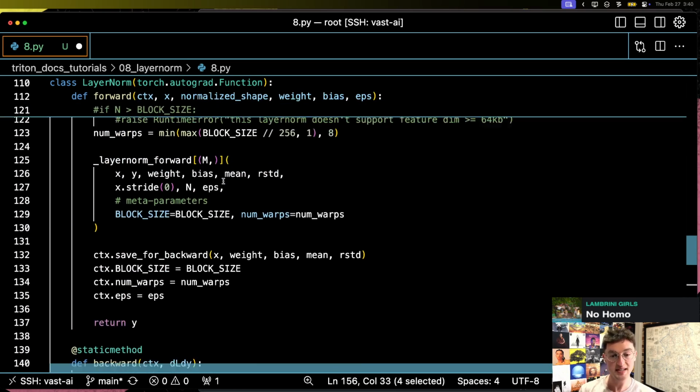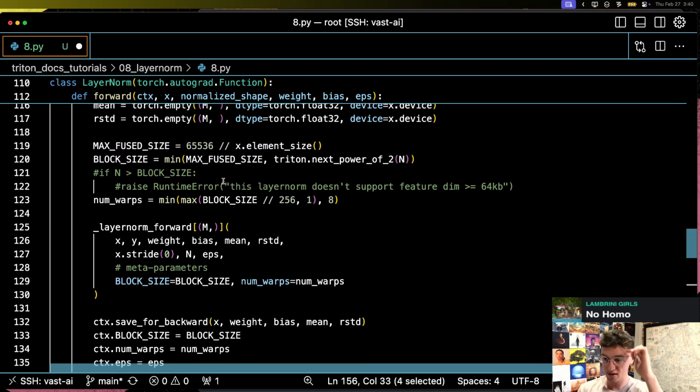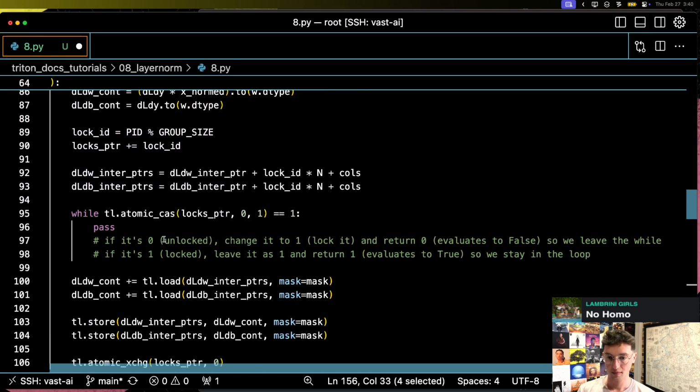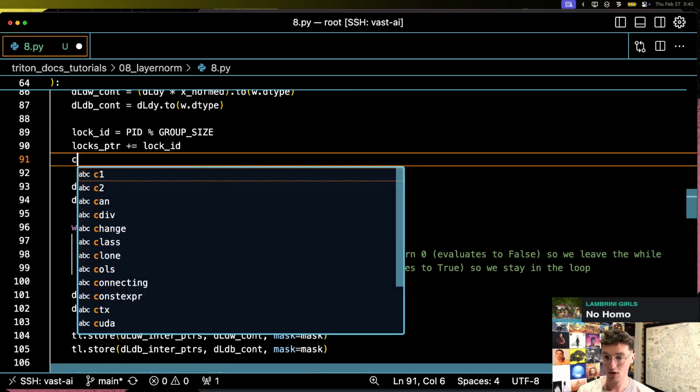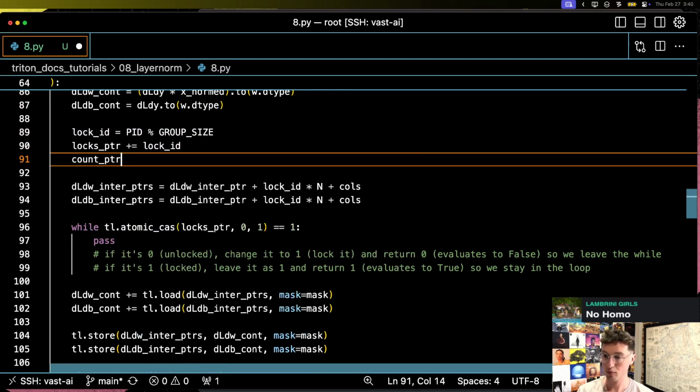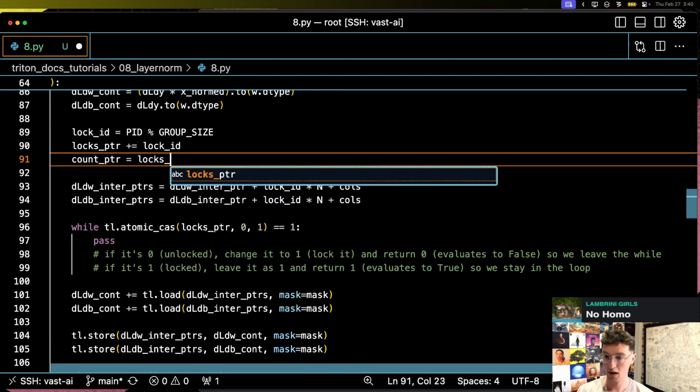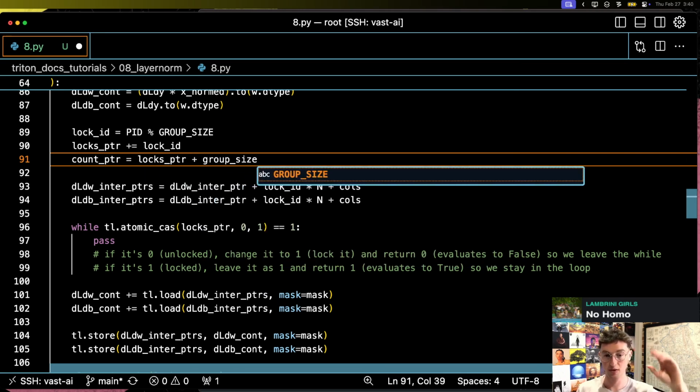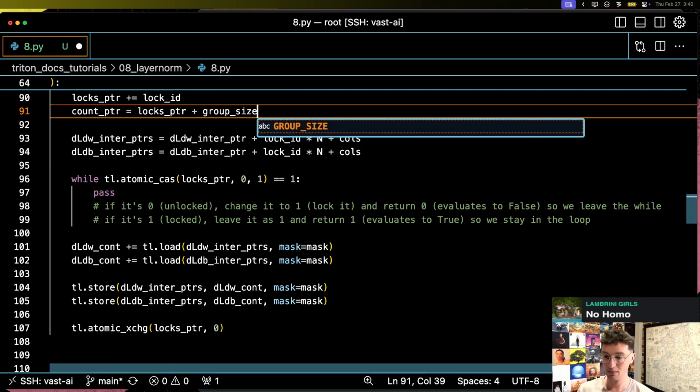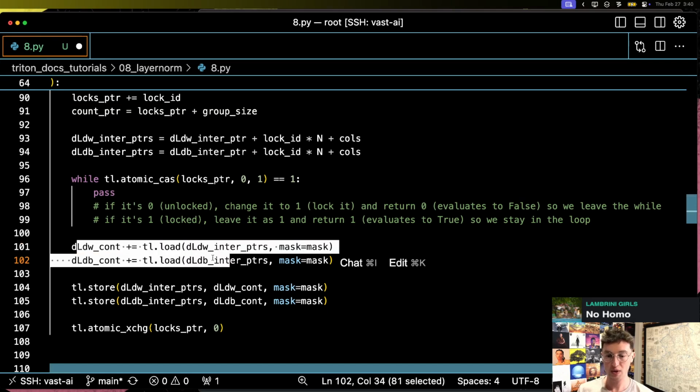We're going to use the second set of entries, the second group size length vector in there, right? The entries in there. And where were we? We are going to use that second size as we're going to call it a count. Count pointer equals locks pointer plus group size. So this moves our pointer down to the second set of group size entries, but it's the same analogous pointer in that second group. And then what we do is we say, instead of just always doing this, you say,